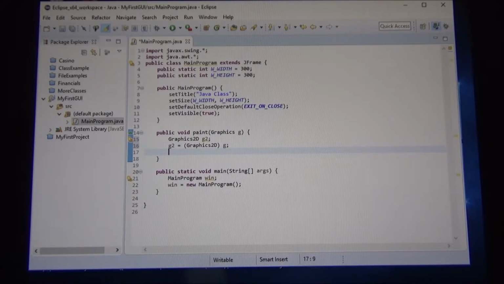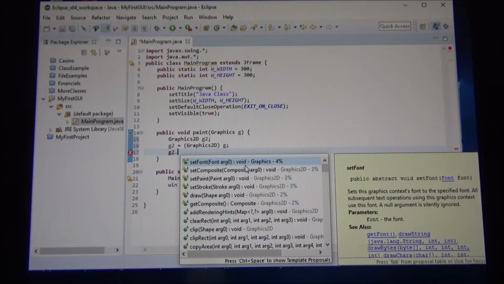now what this Graphics2D does, it's like a pen. So, like on the whiteboard, I go grab a pen, well, grab a marker, right? And I pick the color of the marker and then write with it. So I can pick colors here. I don't know what the methods are for this Graphics2D, so I've just typed g2 and then dot, and